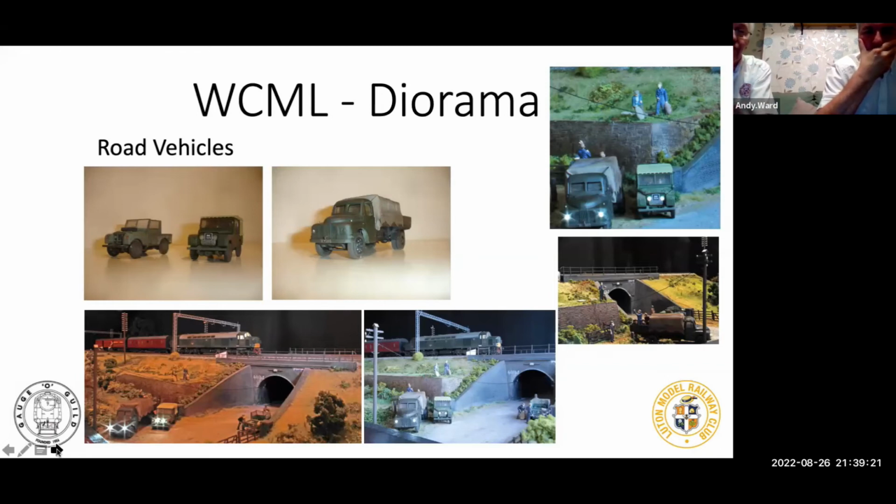When you look at the overall picture, what you see is the scenic work, and the lake. It was done with magic water and the varnishes that you can get, and the quality of the lake with all its foliage and everything around it. Unfortunately, one thing we don't have is a picture of the lake on its own. We should have done that. But the scale and the quality of the modelling, Andy rightly says, Jeremy, who did this, he'd really got an eye for it, and it made the train almost become a secondary